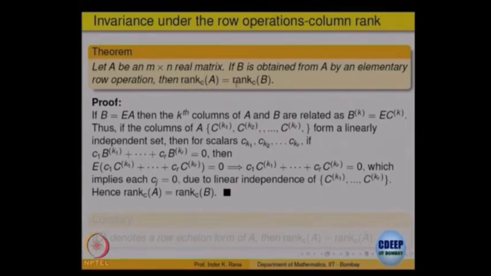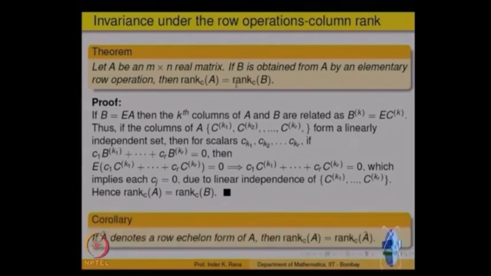So if the space is same, dimension remains the same as for the row space we saw, so dimensions are same. So as a corollary, if B is the row echelon form, so if we take a matrix A, bring it to row echelon form, then the column space of A is same as column space of the row echelon form, and hence the dimensions are same, right, they do not change.